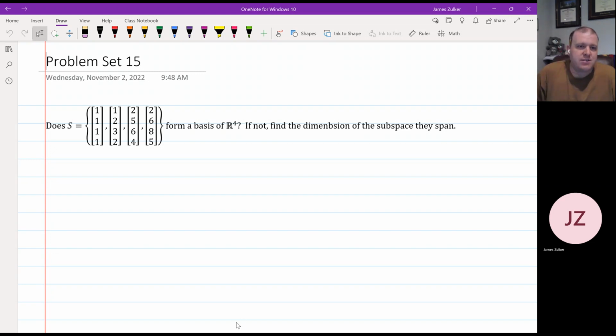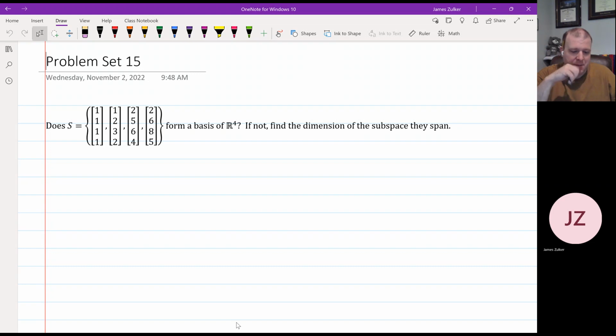Okay, so we're asked if this set of vectors forms a basis for R4, and if not, we want to find the dimension of the subspace that they do span. Recall that to be a basis, the set of vectors has to be both linearly independent and a spanning set. Let's first check